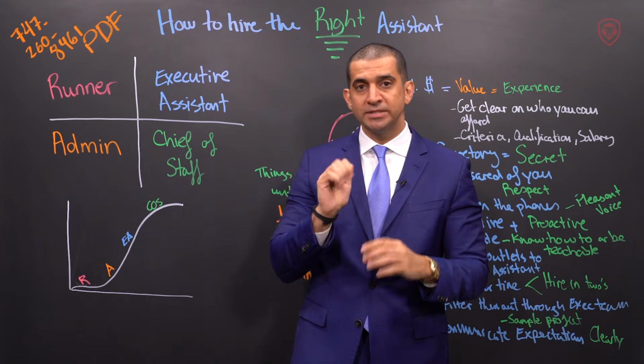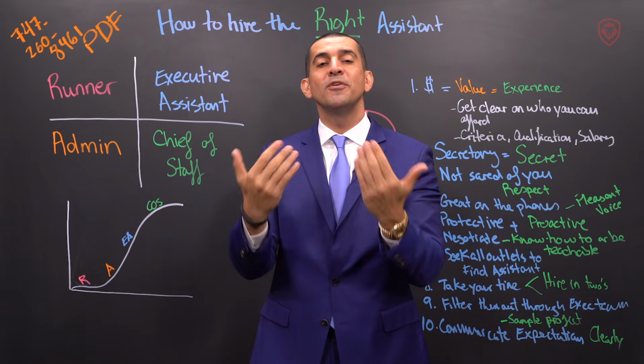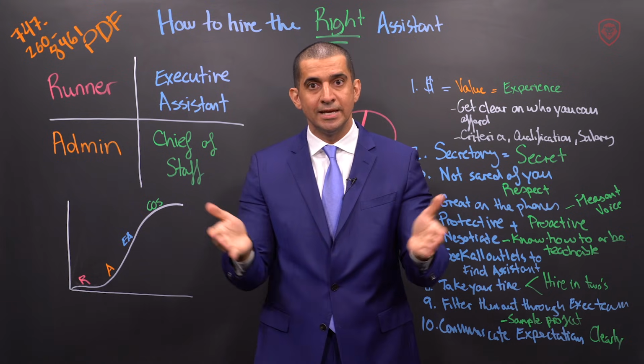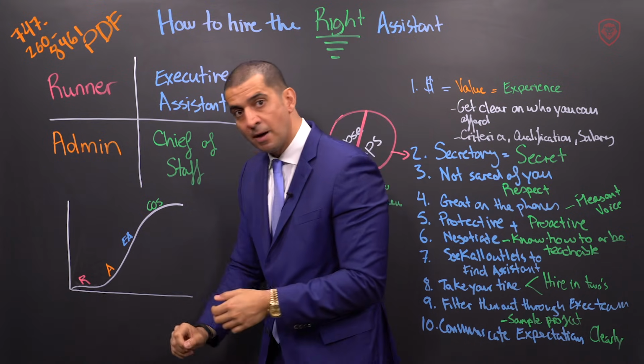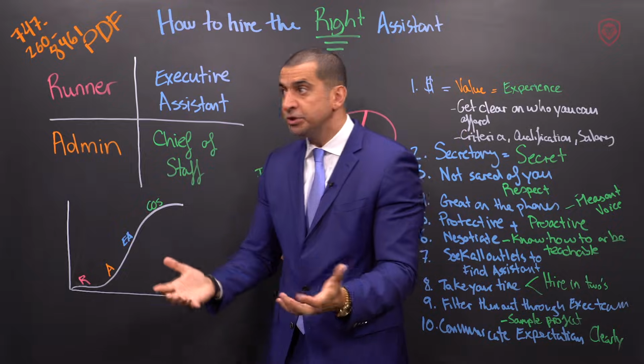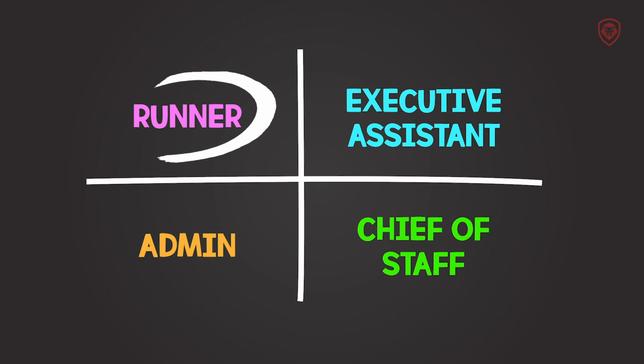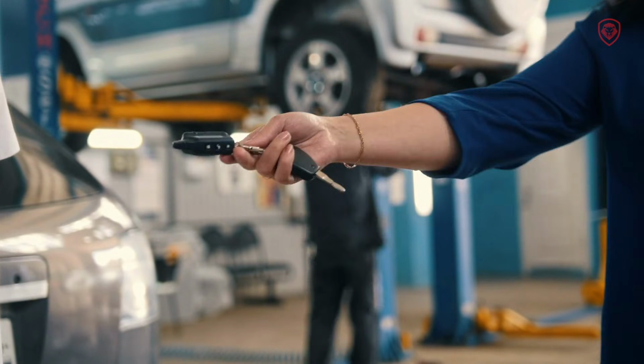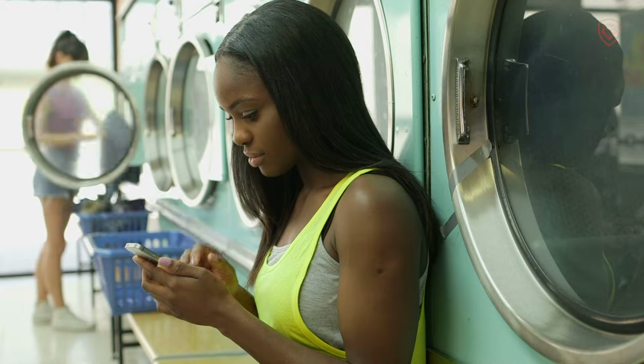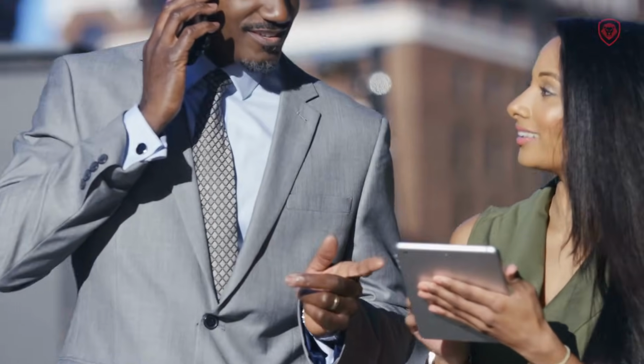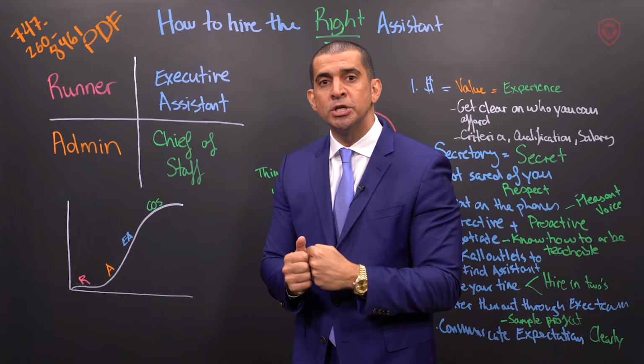There are 4 types of assistants you hire depending on the phase of your business you're currently in. Meaning, if you're a startup and you're just getting started, you just need somebody to be a runner for you. Hey, can you go get that thing for me? Hey, can you send this email for me? Hey, can you go drop my car off for me? Can you pick up my clothes? It's a runner. It's somebody that's just freeing up your time so you can do what you want to do.